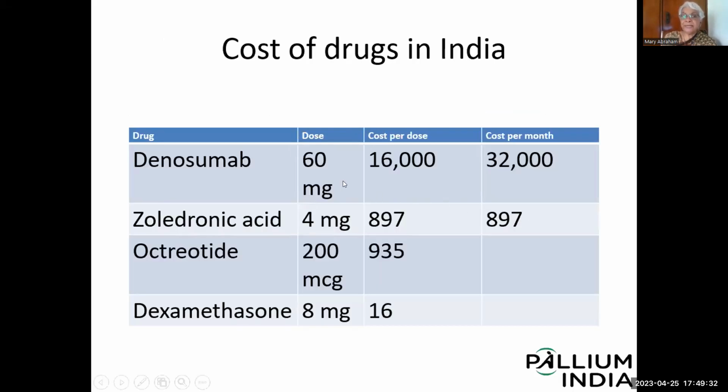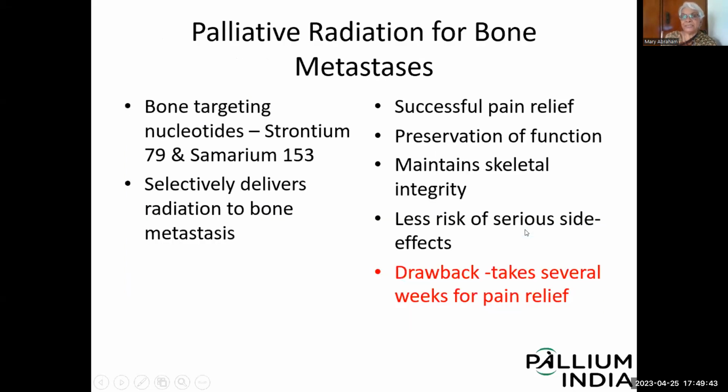Look at the cost of drugs. I said this denosumab is very expensive. Cost per month is 32,000, whereas the zoledronic acid is just 900. Then you have the palliative radiation, and this is very good, particularly when there's a focal area, you can give a palliative